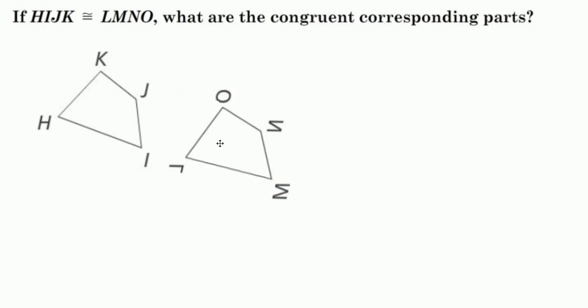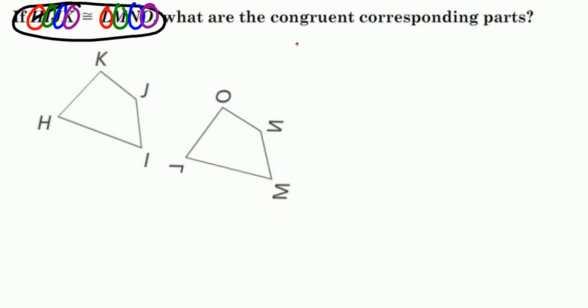Now the other thing is, here's my congruency statement. In my congruency statement, I already know what letters are going to match up. H is going to match up with L. I is going to match up with M. J is going to match up with N. And K is going to match up with O. So I already know that angle H